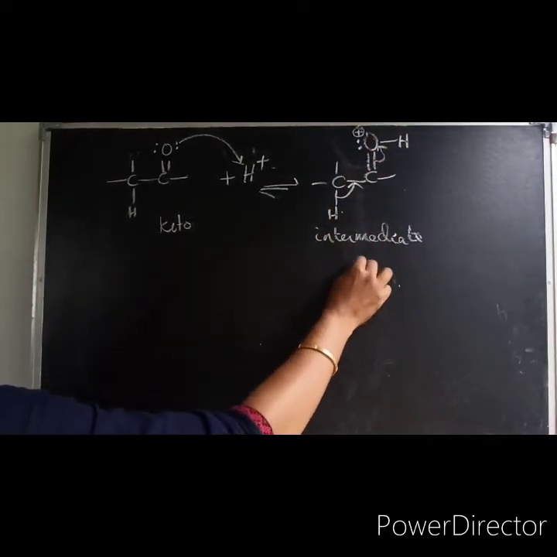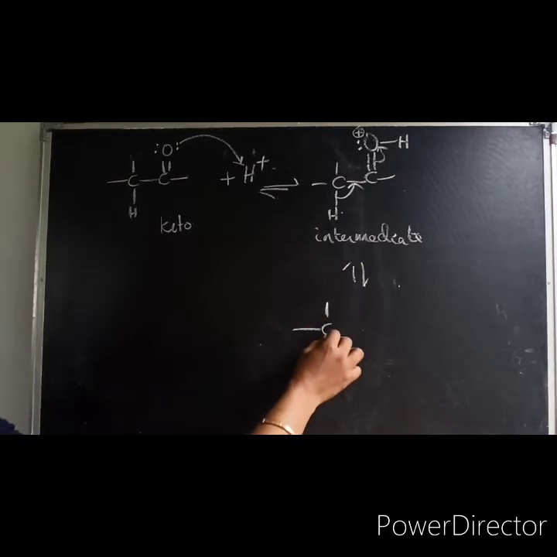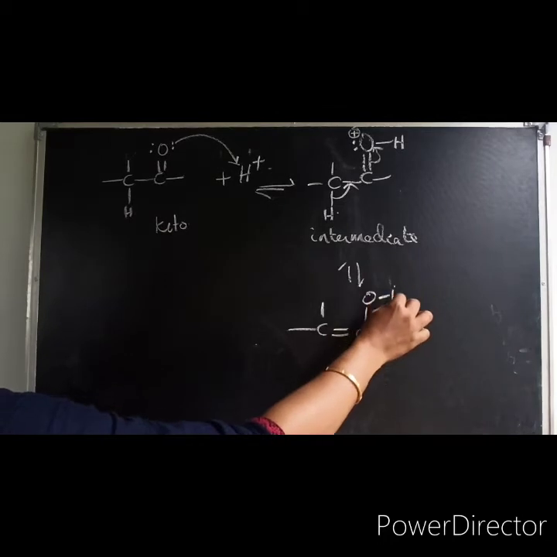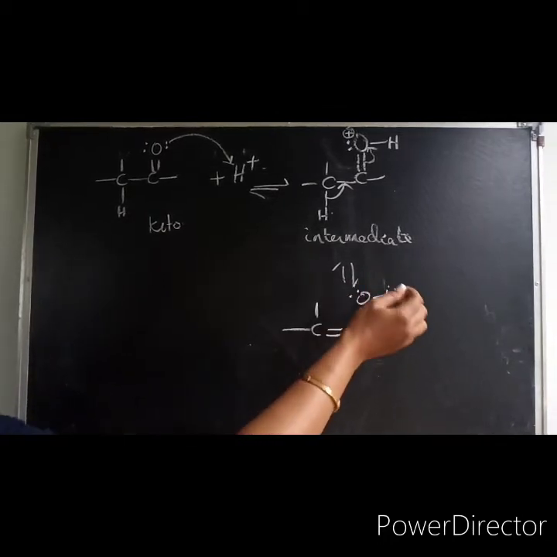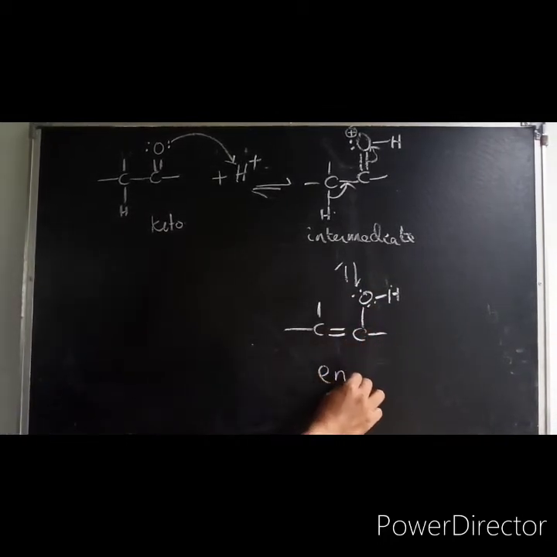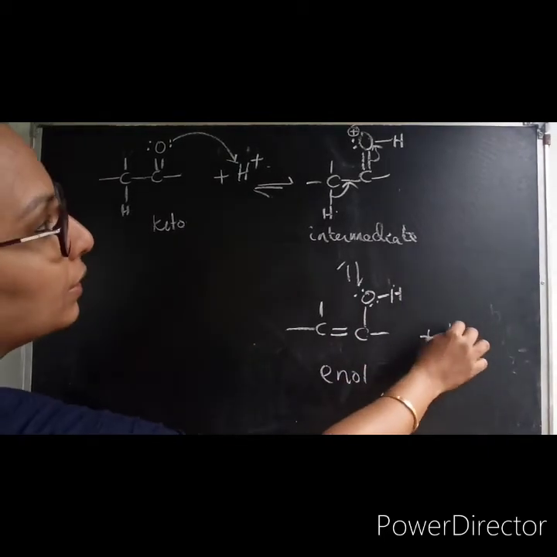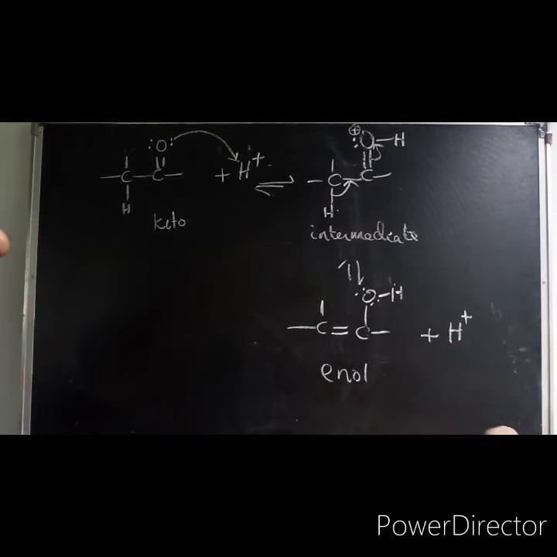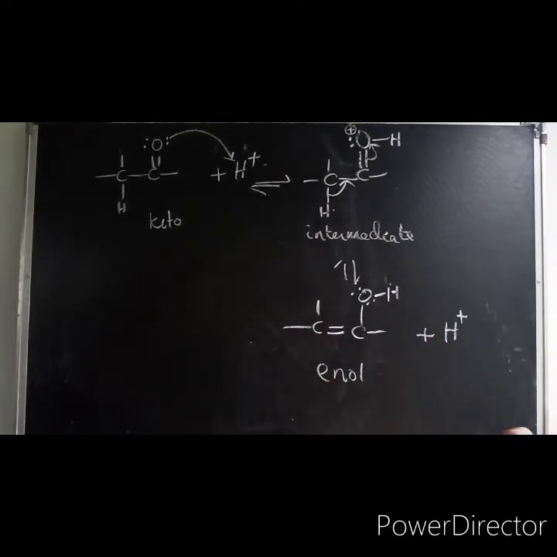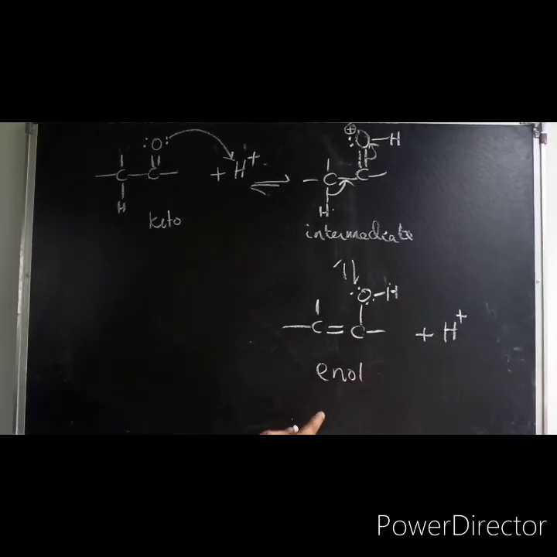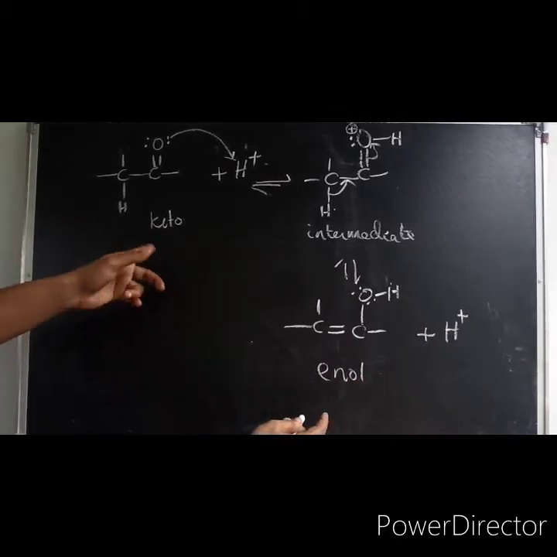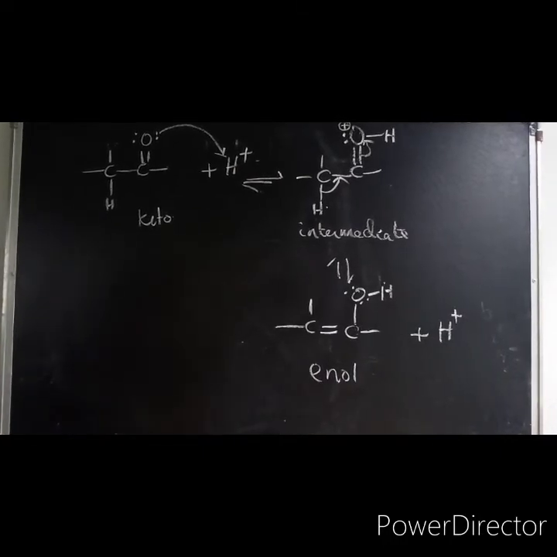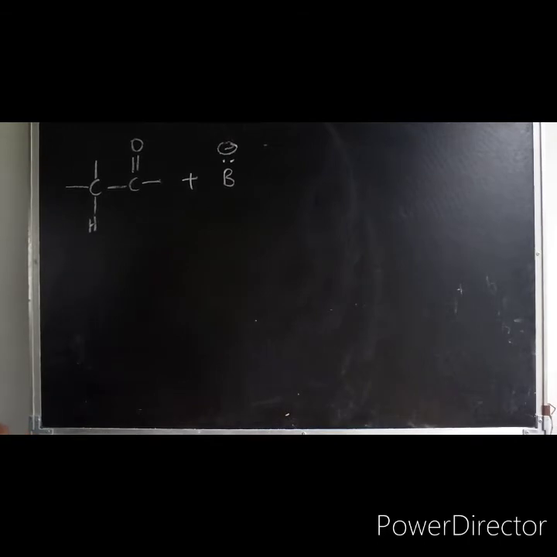So how will you write this? C, here double bond C, single bond OH, and the oxygen now has both lone pairs. So you are converting into the enol form, plus H plus, this hydrogen becomes H plus. Now this will attack another molecule and it will go on. So acid will catalyze the formation of the enol form very easily, so that you can have a major portion of the enol. So I have discussed the acid catalyzed enolization.